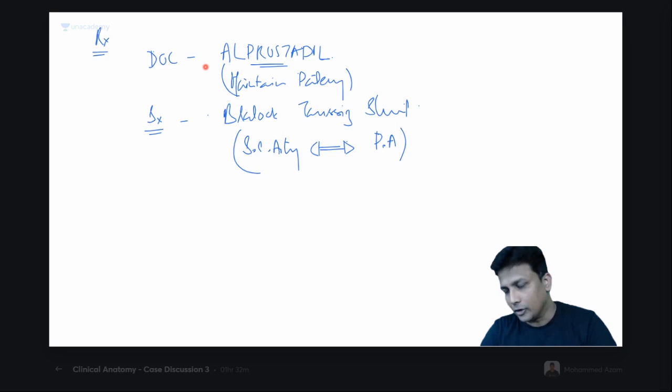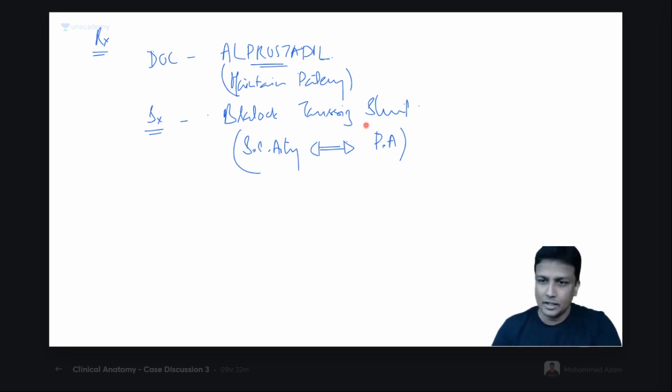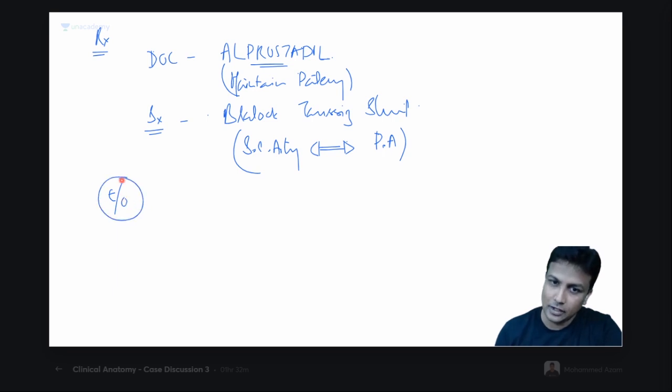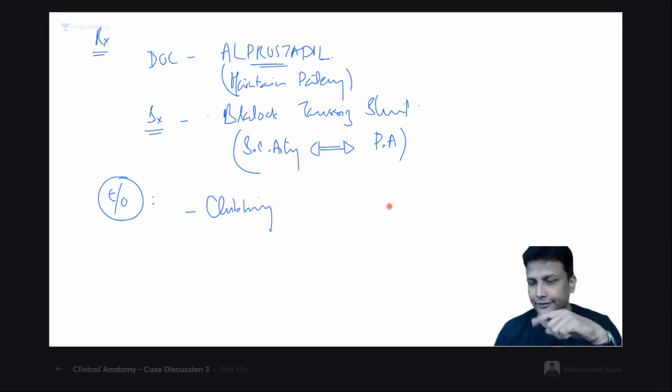Now, Blalock-Taussig shunt. Are you comfortable with that one? So that is how you are going to deal with these types of patients. Yes, sir, what are the features on examination? On examination, are you able to see something? Let us see what are the features on examination of the patient. Number one will be clubbing on the fingers, you'll be having the clubbing, and then